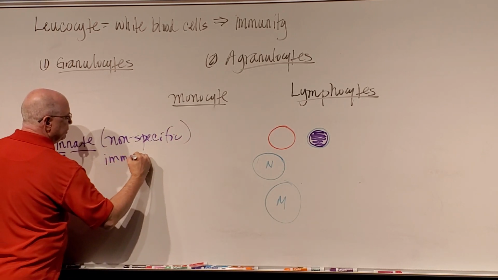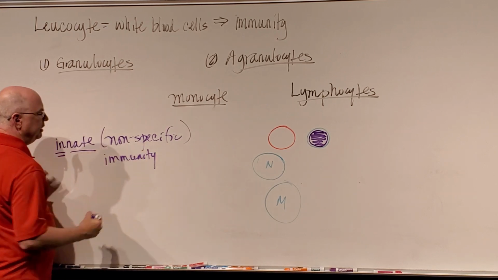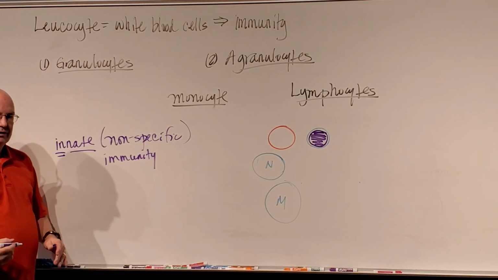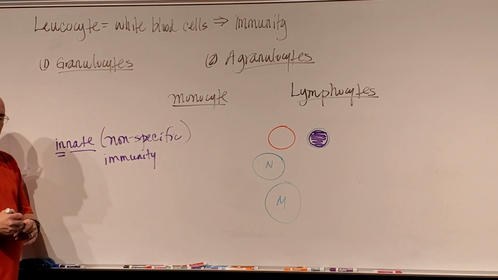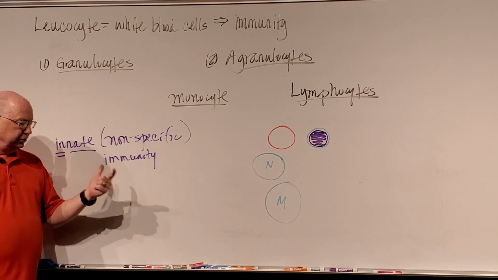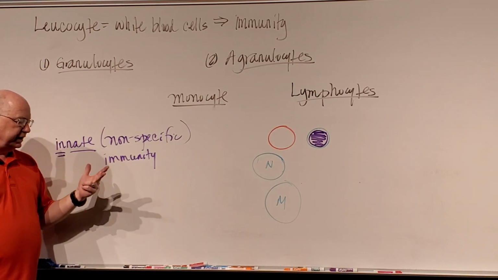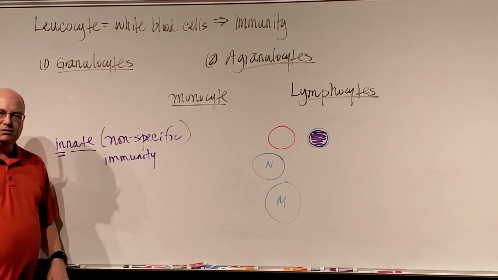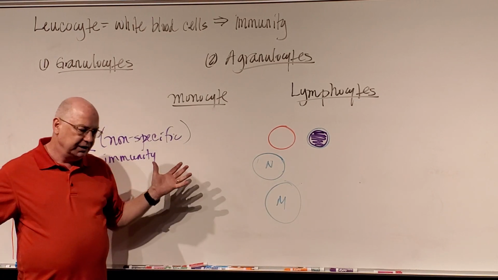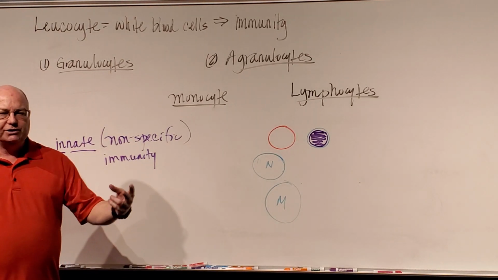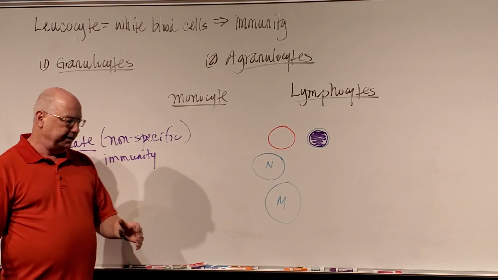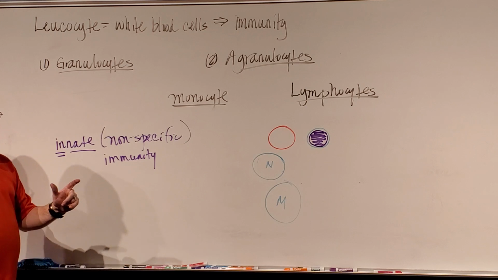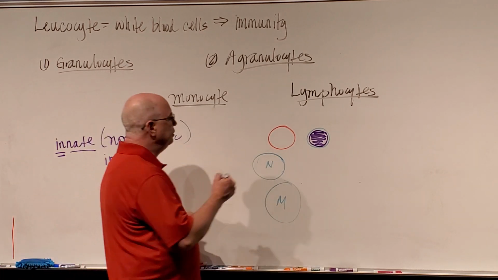This type of immunity is done by all the white blood cells except for lymphocytes. When you are born, you have monocytes, neutrophils, basophils, and eosinophils that will attack anything that gets in. It doesn't have to be specific. If a bacterium gets in, they'll all attack it. If a virus gets in, they all attack it. Okay? Lymphocytes, on the other hand, participate in what we call